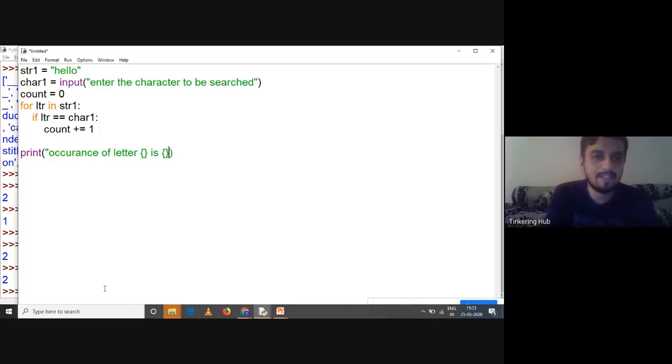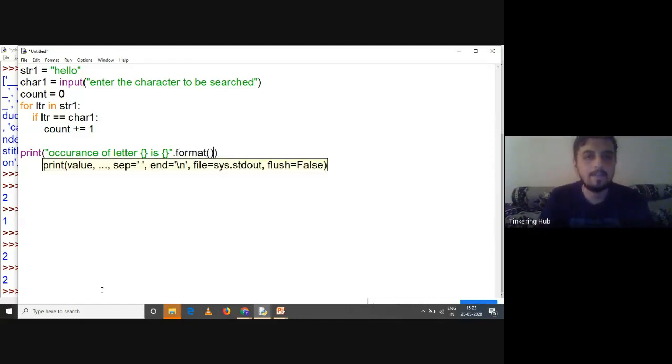Now I'm creating empty brackets over here, and there is a function on strings called format. What will these brackets do? Here we have to supply our variable names. So what is our variable name? The first variable is the letter, so that is char1, and then we are going to say count,